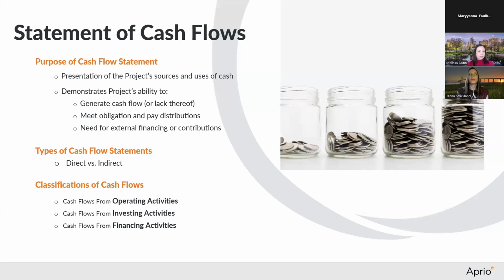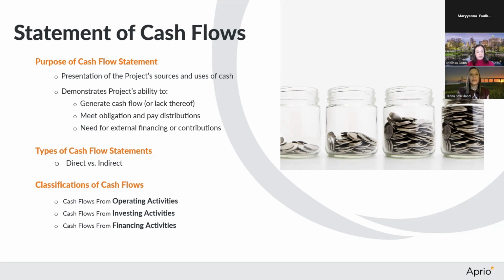A lot of times you are probably used to seeing the indirect statement, which starts with your net income and then shows cash from operating, cash from investing, cash from financing. That indirect method is really looking at your balance sheet fluctuations to paint the picture. If your assets are increasing year over year, that typically means that you have a cash outflow. If your buildings and improvements have increased by 100,000 from the prior year, that's a cash outflow because you've spent some money to increase your assets. If your liabilities have increased year over year, that's going to show a cash inflow.